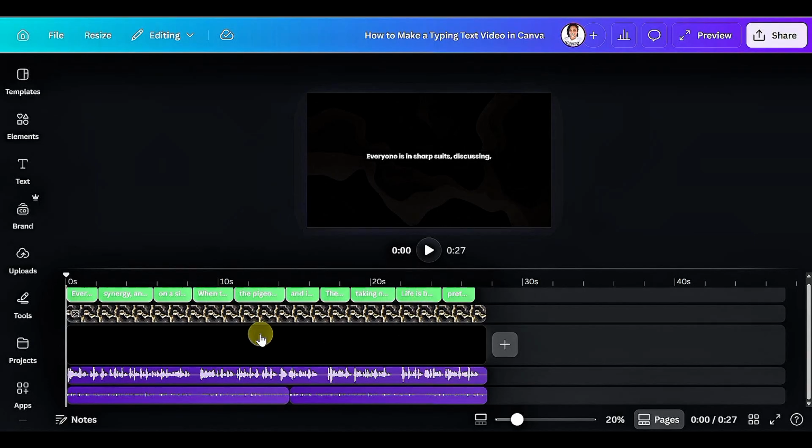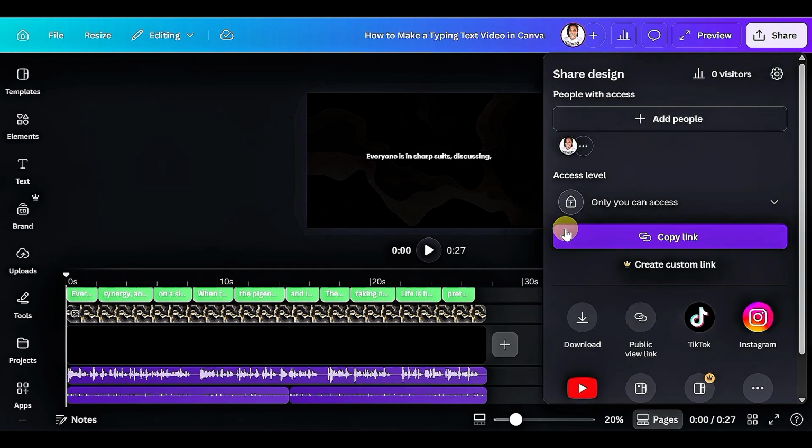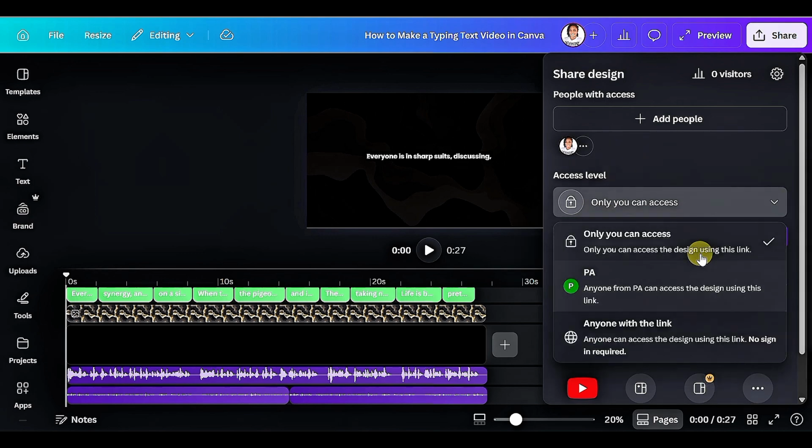I have this design I am working on and I want to share it with others as a link. To do that, I'm going to come over to share here, and you will see here it says copy link. The first thing you want to do is to click this drop down and choose how you want the link